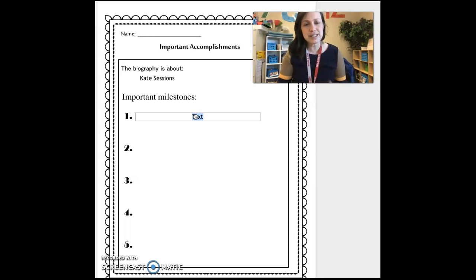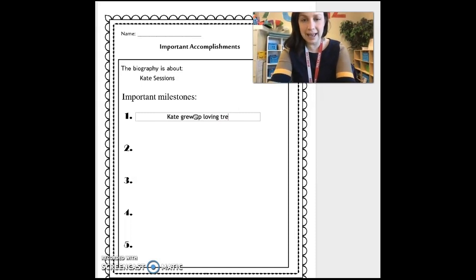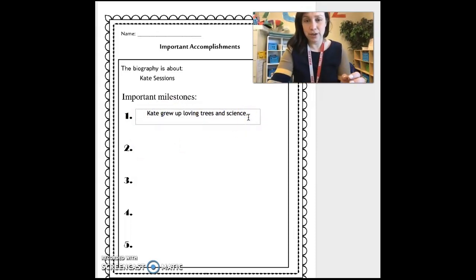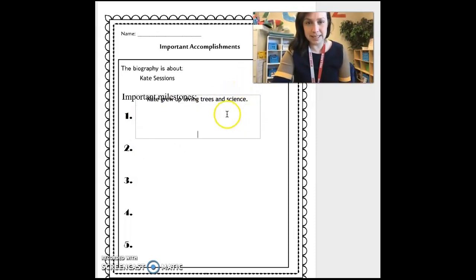Okay, so the first thing I would say that was important is that Kate grew up loving trees and science. And she studied science, and she even went to college for that, which was pretty cool because most of the time girls weren't becoming scientists, right?